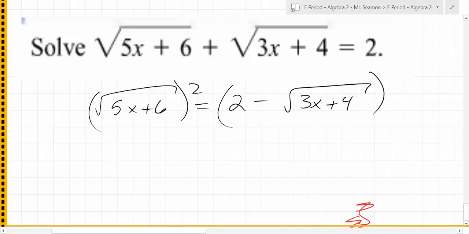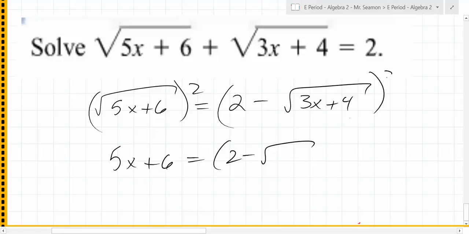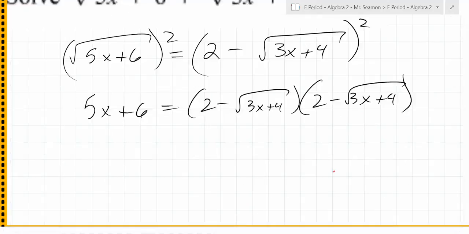The left side is really nice because what does the left side become? 5x plus 6. But when you square the other side, what does squaring mean? Times what? So it seems terrible because what are you going to end up with? You're still going to have what in your next line? You're still going to have a radical. But how many radicals are you going to have? Instead of 2, you're going to have 1. Is 1 radical simpler than 2? Then what was that first word I gave you for solving radical equations? Isolate, and then you solve. Homework is in